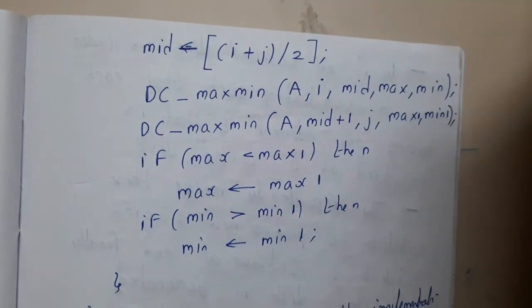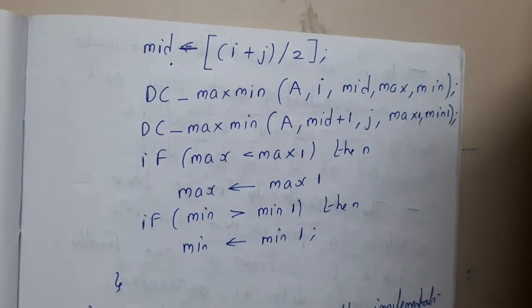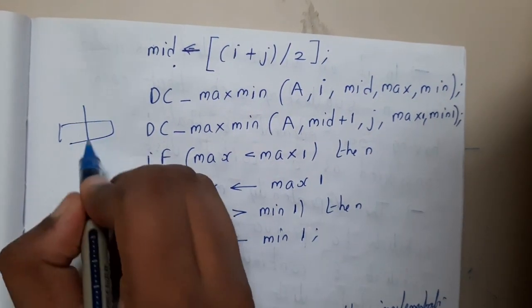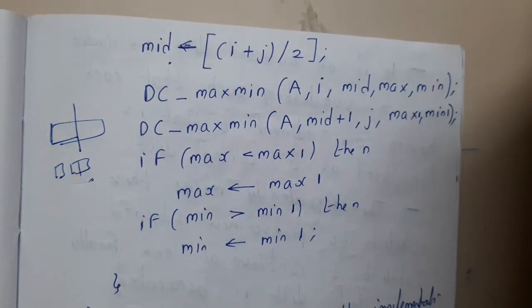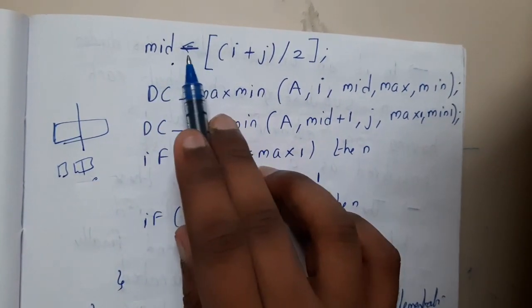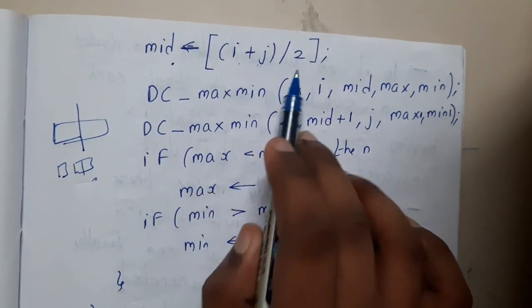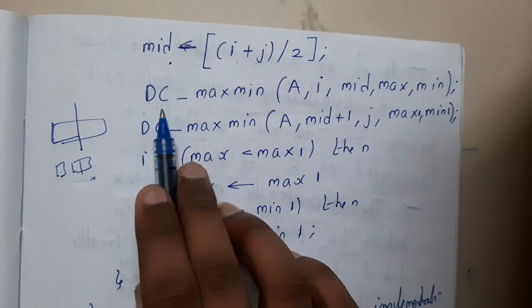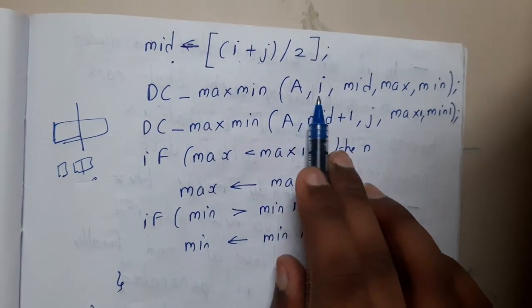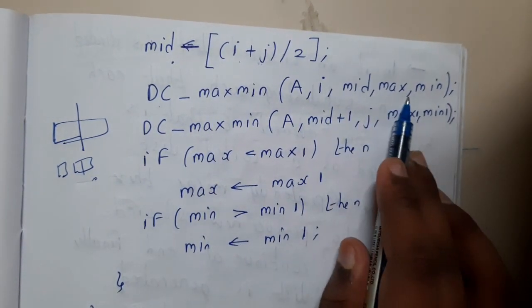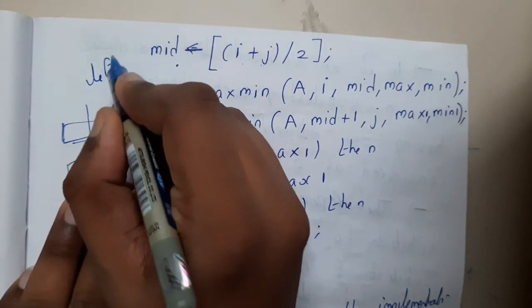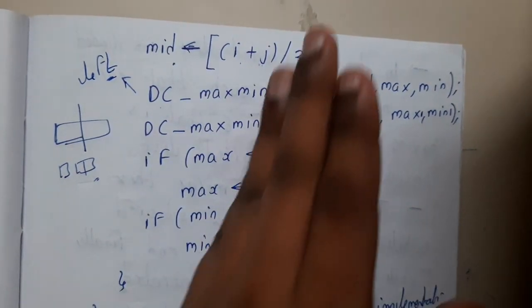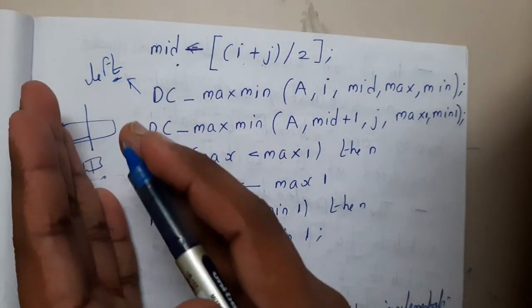Else, this is the main logic for dividing. We will again be finding the middle element. If you recall, we used to divide it into two parts until we reach a single element or a dual element, right? The same process continues again. Mid is equal to (i plus j) by 2. We will be calling the same algorithm, divide and conquer of a, i, mid, max, min. This is nothing but the left part, guys. You will be doing the left part first, and once the left part is done, you will be moving on to the right part.